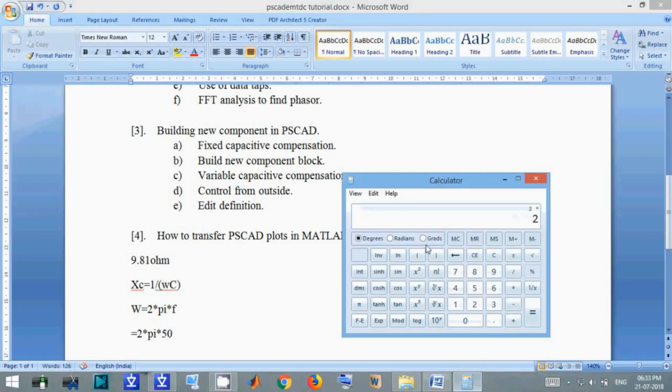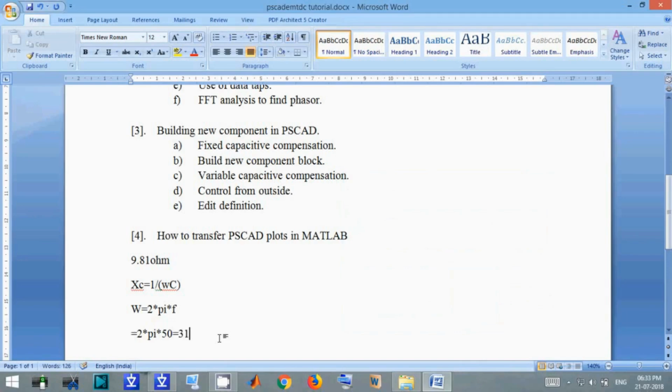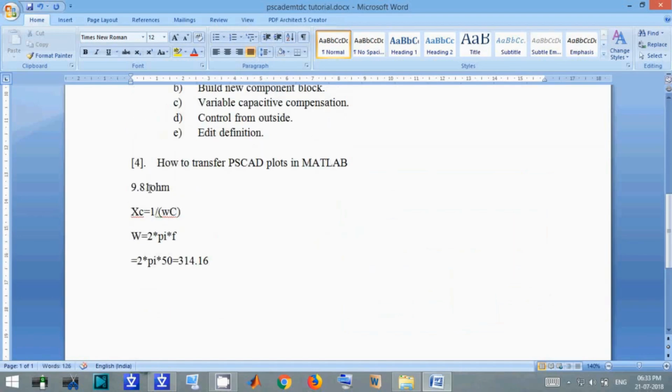So 2 into pi into 50 is 314.16. This is our omega, and XC is 9.81, which equals 1 by 314.16 into C. So our C will be equal to 1 divided by